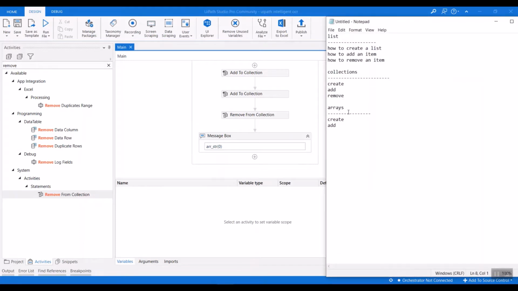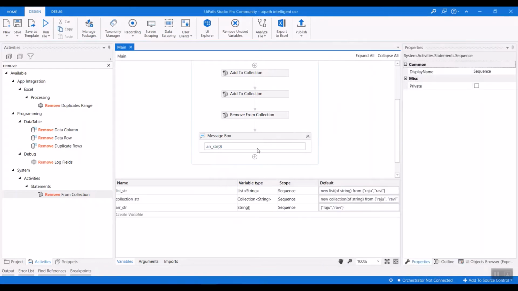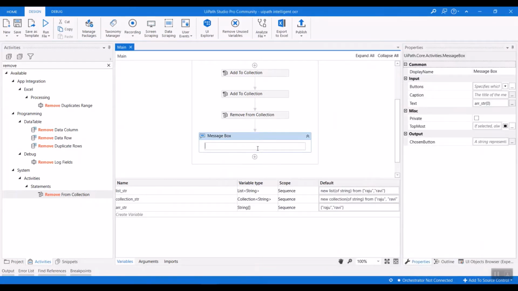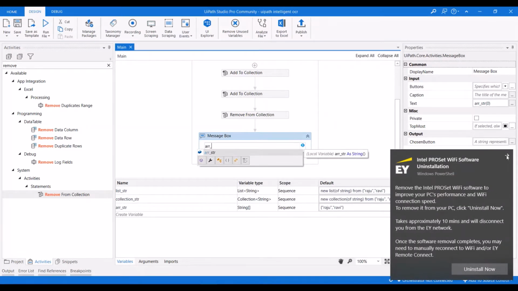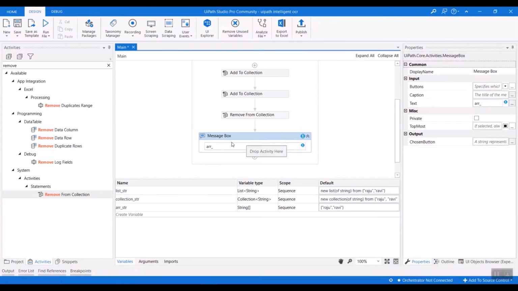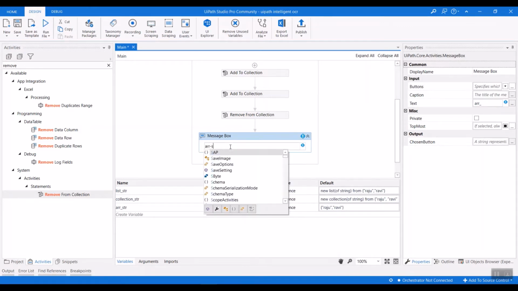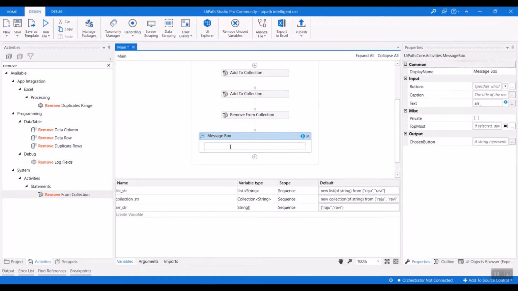Okay, so we have seen arrays, create and add. Okay, we haven't seen add, right? So even that we'll see. So how to add? It's the .NET way. For array, we don't have specific activities which can be added to the array, but we have a .NET method, like array of string dot append.